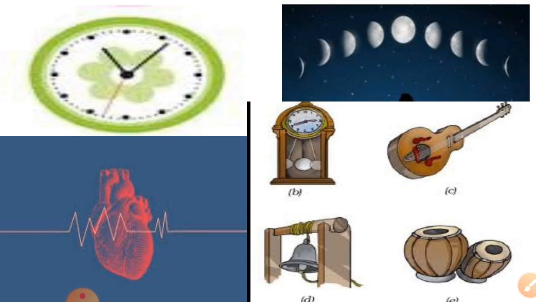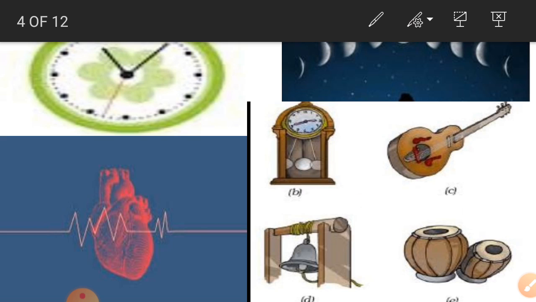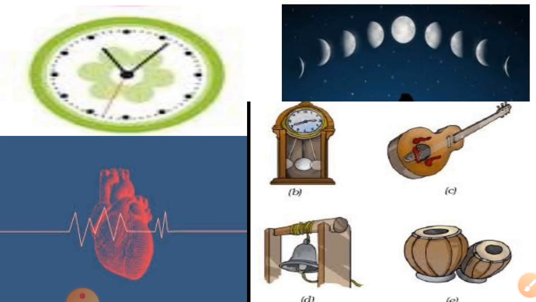periodic changes. So you can see the clock, right? This is a periodic change example, because after a period the minute hand or hour hand moves its place, right? The minute hand moves like that. After one period it comes back to its own position. Suppose it starts from here and moves from here to here to here and comes back to its own position. So it is a periodic change.